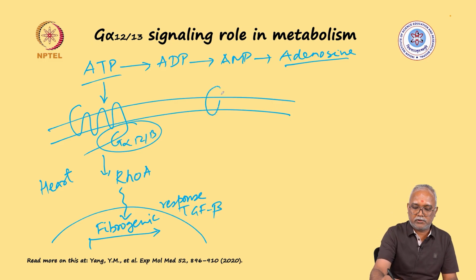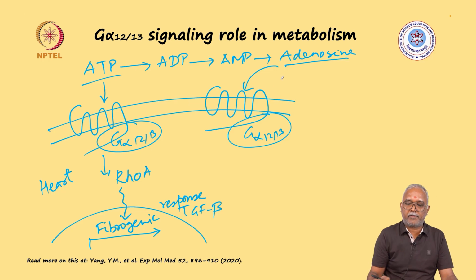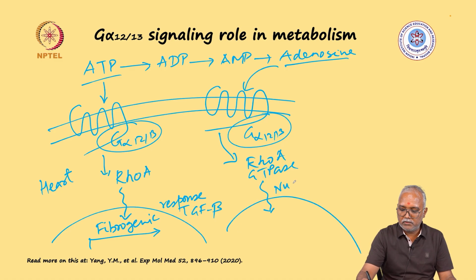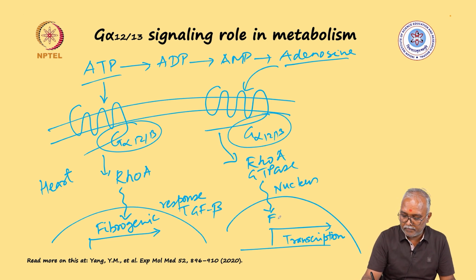Whereas when this GPCR, where you have G alpha 12 13, has adenosine serving as the ligand, it again activates the RhoA GTPase and the signal is again going inside the nucleus, activating transcription of molecules which will be involved in fatty acid